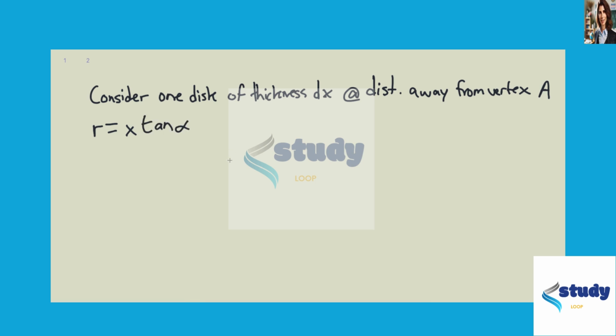So this is where it gets a bit complicated in the sense that we need to find the volume of this piece. So the volume of this piece would be, of course, pi r squared times the thickness dx, and then we can plug in for r and say that this is going to be pi x squared tan squared of alpha